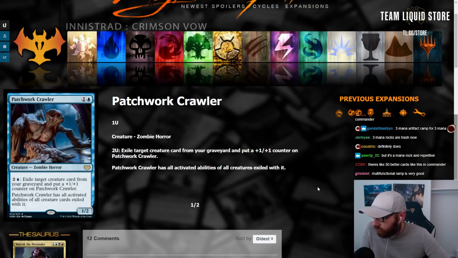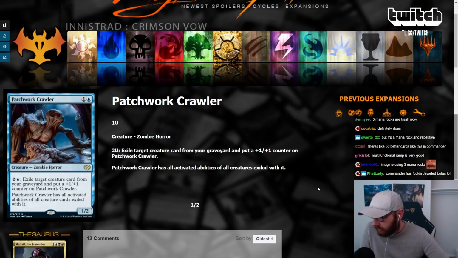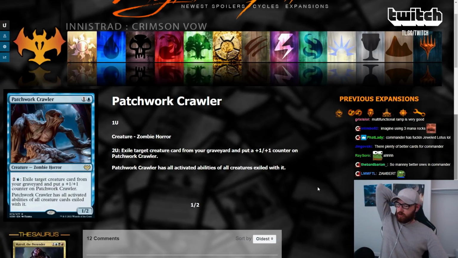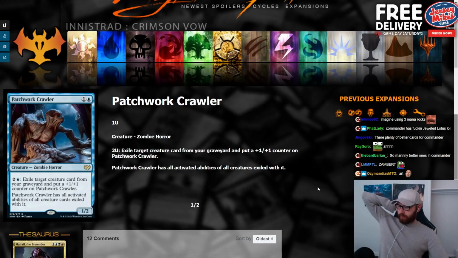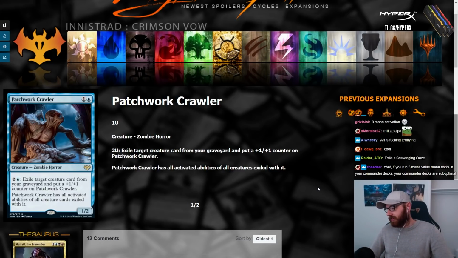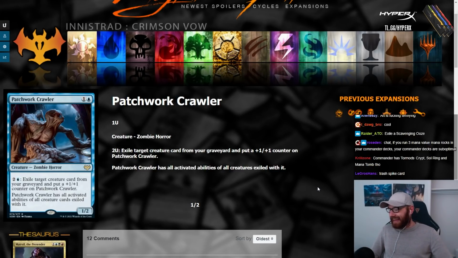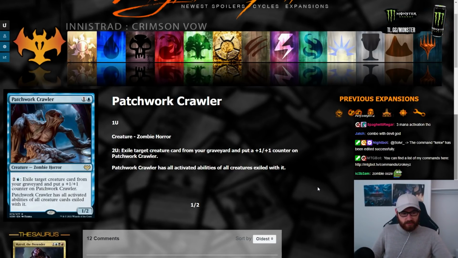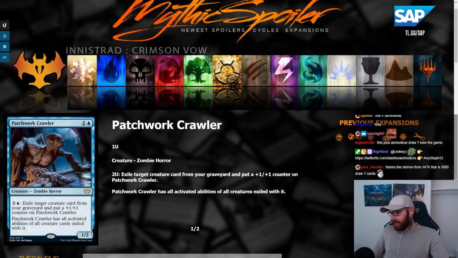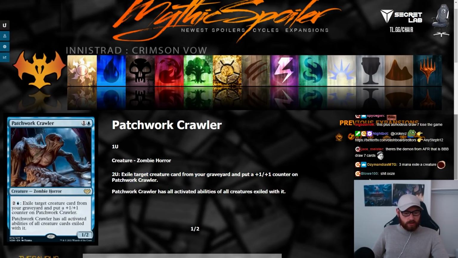Patchwork Crawler. 2 mana, 1/2. Zombie Horror. For 3 exile creature card from graveyard, put a counter on Crawler. Has all activated abilities of all creatures exiled with it. This plus Geist. Oh wait, activated abilities. Alright. It's so expensive. At least you don't have to... It doesn't have to tap to exile a card, which is nice, but...